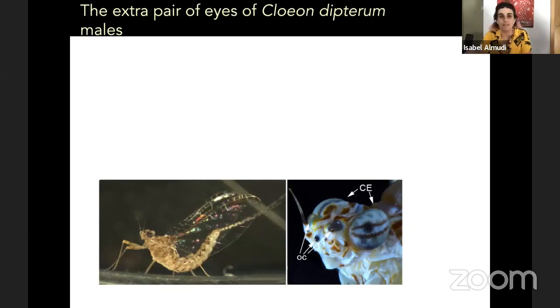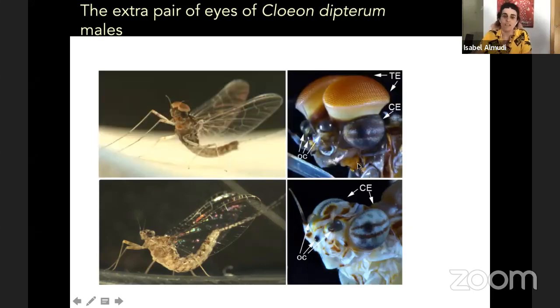belongs to the Baetidae family, and this family of mayflies has a striking sexual dimorphism. This is the female, as you saw in the previous slide, that has 2 compound eyes and 3 ocelli. But when we look at the male, what we observe is that on top of the compound eyes and the ocelli, it has another set of eyes, which are the turbanate eyes, called like that because of this